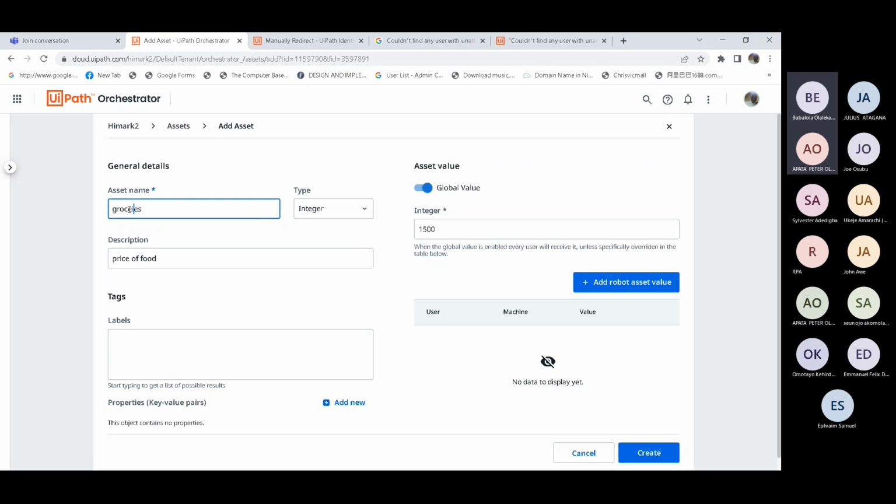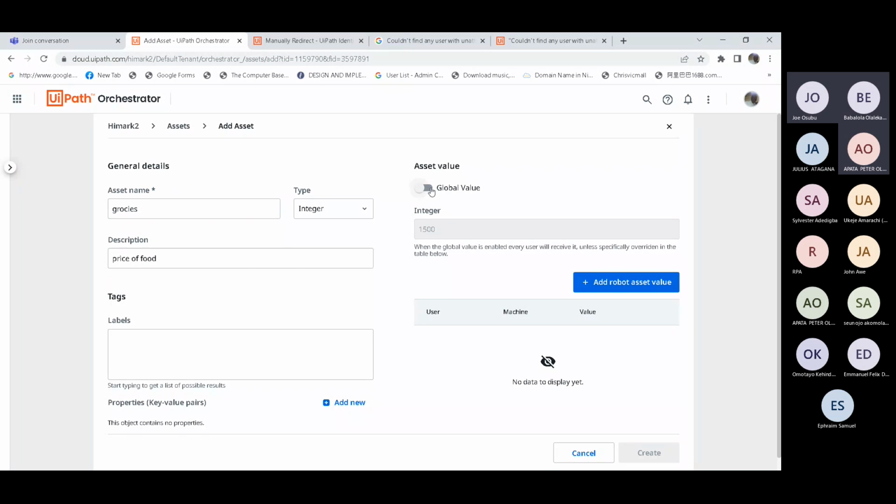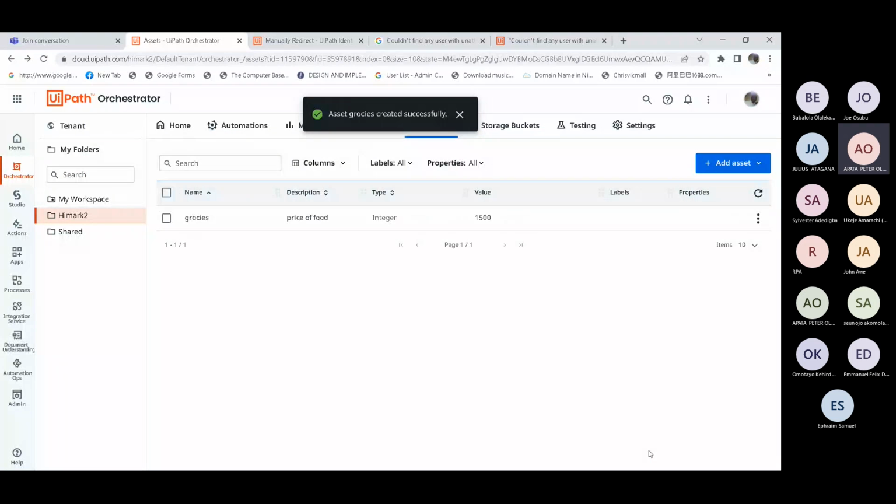Then we'll go to our studio. You have not created the asset? Okay, you have. Let me just create the asset. I can create the asset, right? Yes, sir. I'm checking the global value too. If we uncheck it, what else? I don't understand the global value; should I check it? No, leave it. Okay, I can continue. Okay, it's been created. Good.